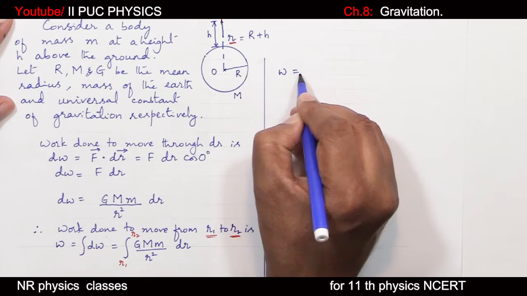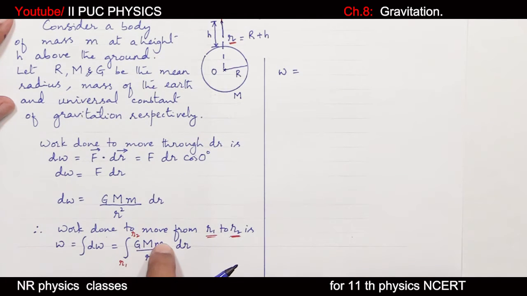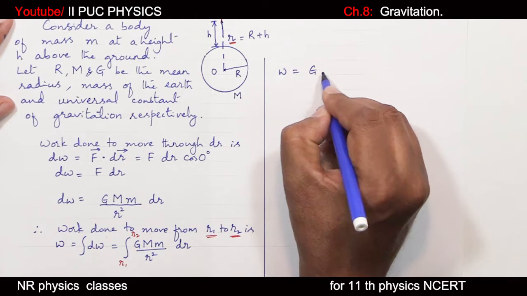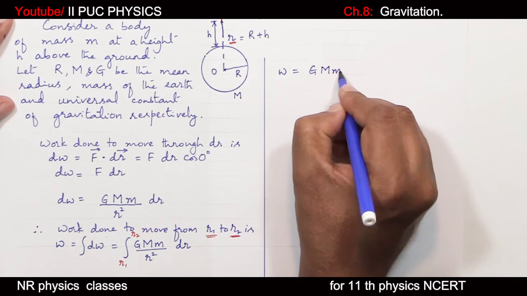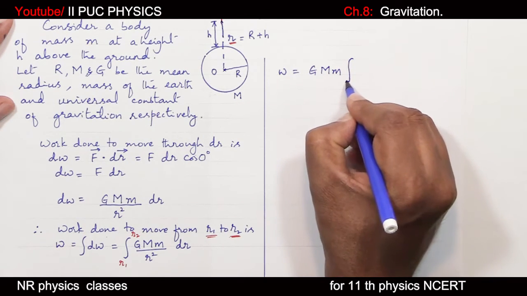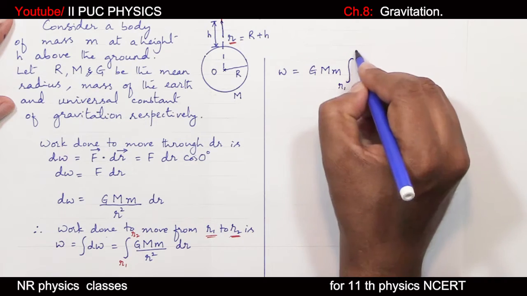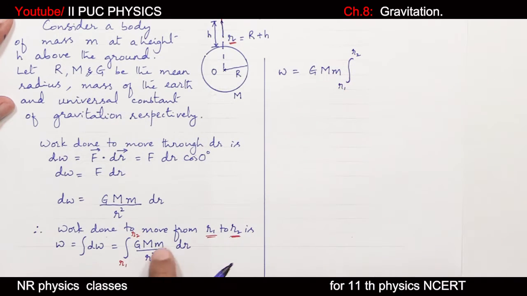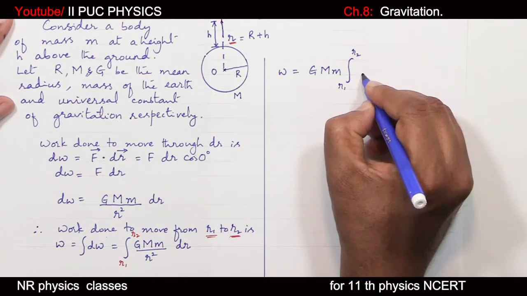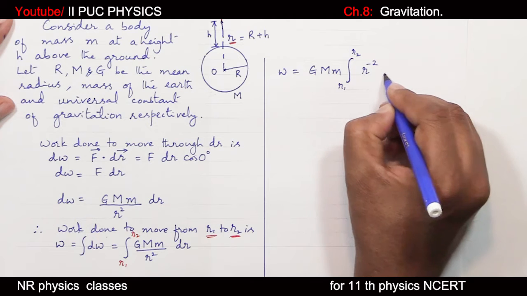Work done equal to GMm constants, integration R1 to R2, 1 by r square means r to the power of minus 2 into dr